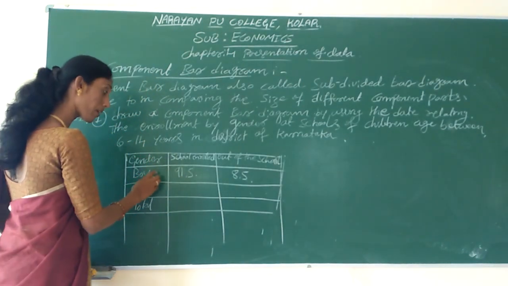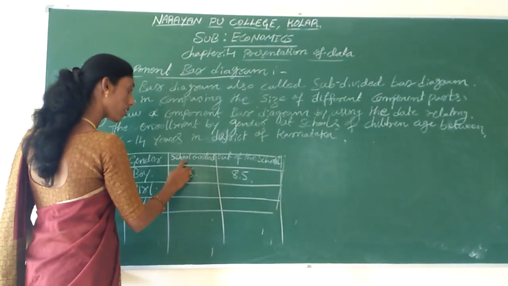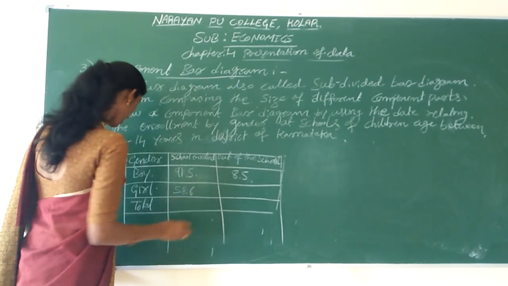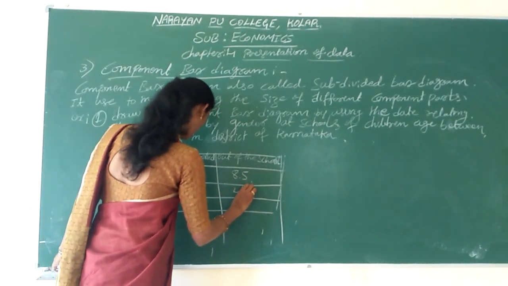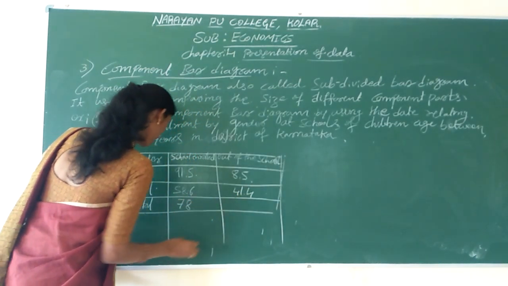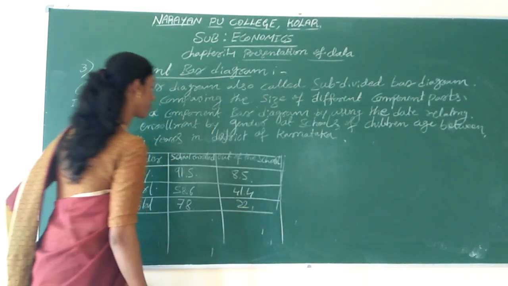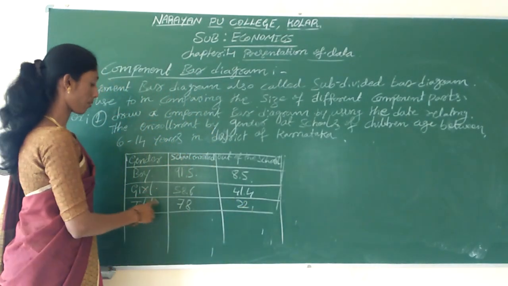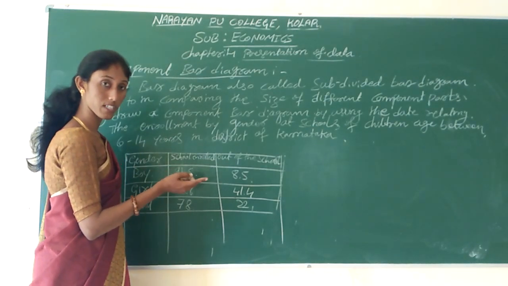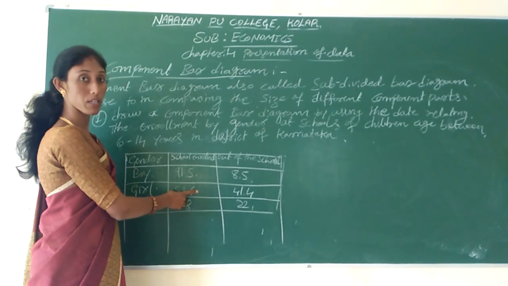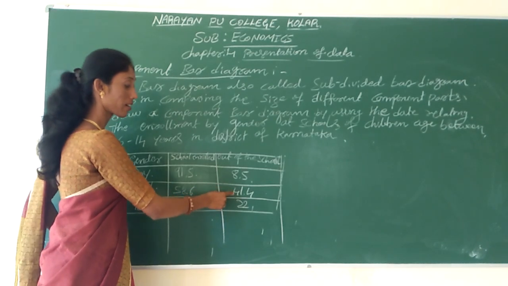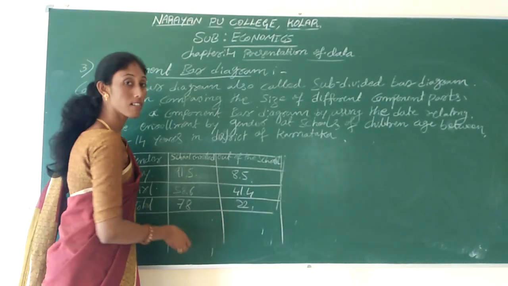And when we compare, the girls' school enrollment rate is 58.6 and out of school is 41.4, and the total is 78 and 22. This is the data. When we convert the total population of girls in a district to 100%, 58.6% are enrolled and 41.4% of girls are out of school.